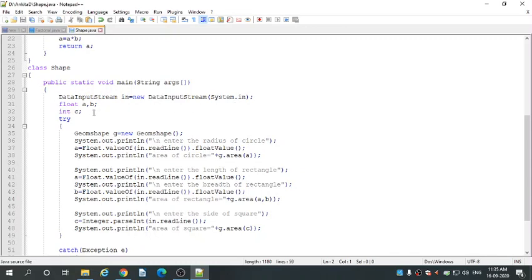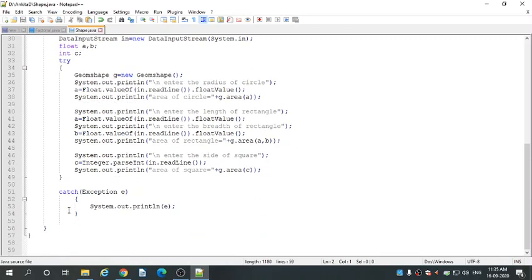Okay. Then comes float ab. This is a variable declaration of type float. Int c. C is declared as type integer. Then comes the try and catch block.